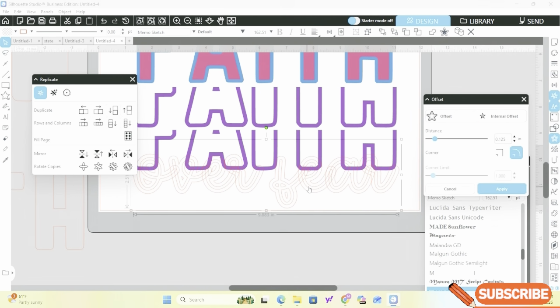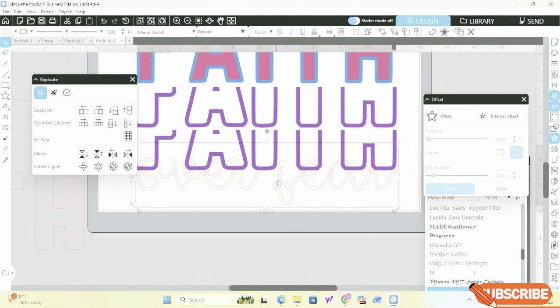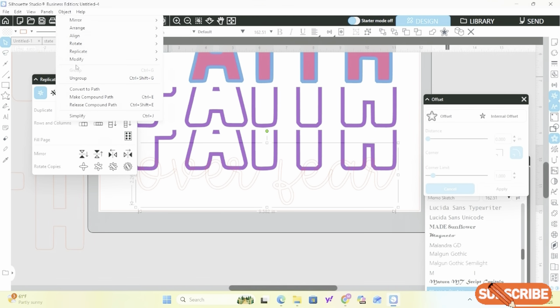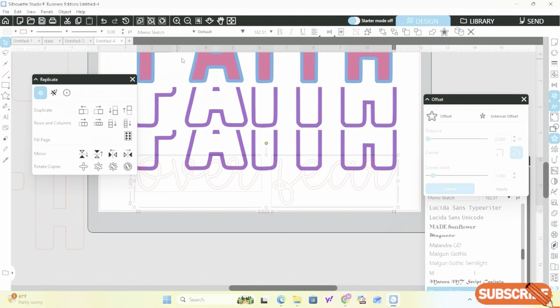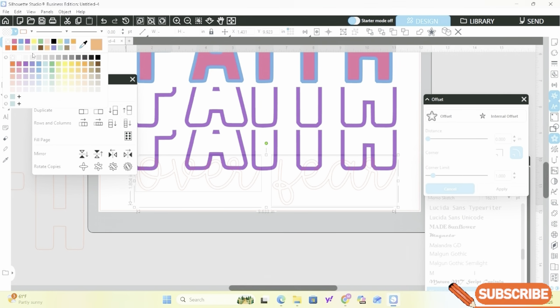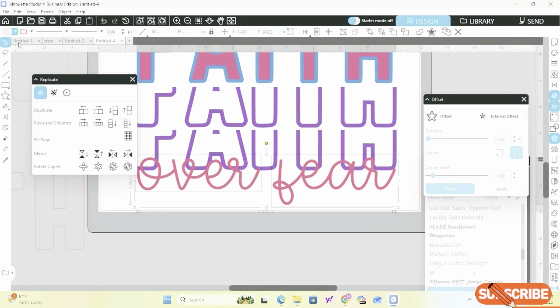I should have put some color there, but let me go back because I want you to see what I'm doing. I'm gonna click on Overfair. I'm gonna go up to objects. I'm gonna weld it. Why? This is a script font. You need to weld it, and then I'm gonna put some color on it, which is this one. I'm gonna take the line off,